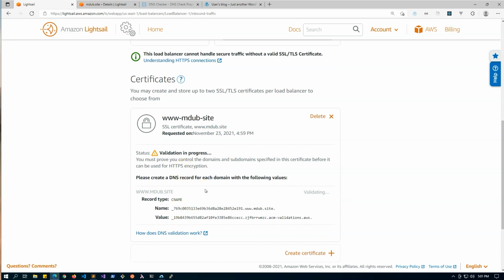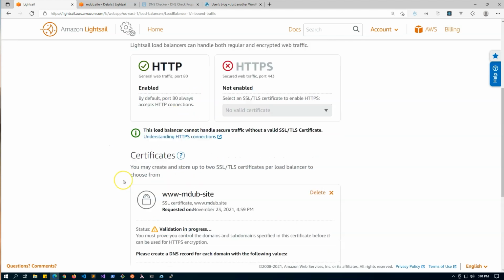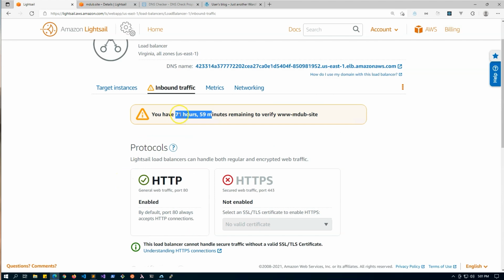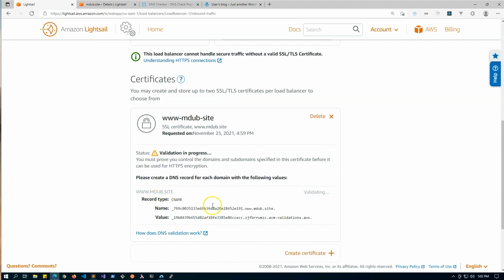Usually I've seen it only takes a few minutes, but just come back here and make sure that this validation has completed. If it hasn't completed in 72 hours or so, then there's a chance that you might have missed some step here, or may have copied this incorrectly, or something is not right here. Usually it only takes a few minutes, but like I said, one way you can verify that this is correct